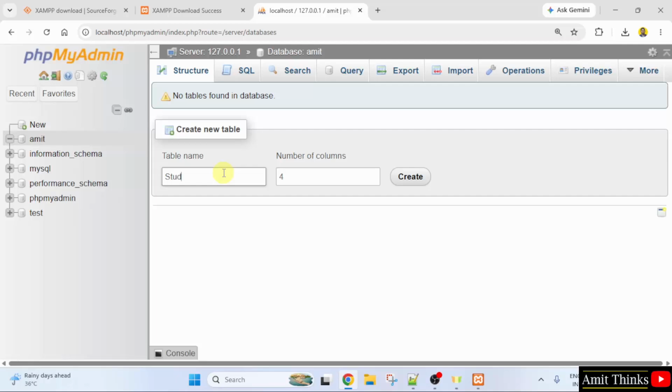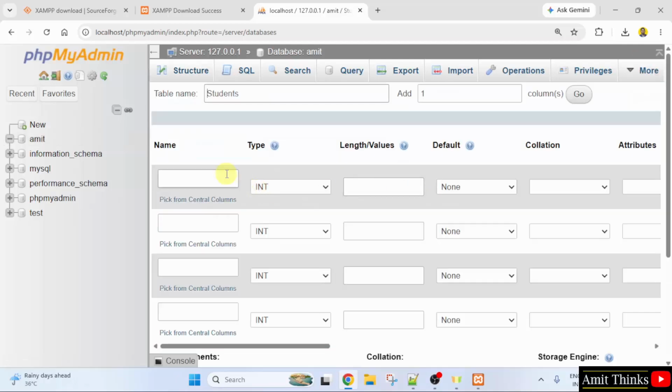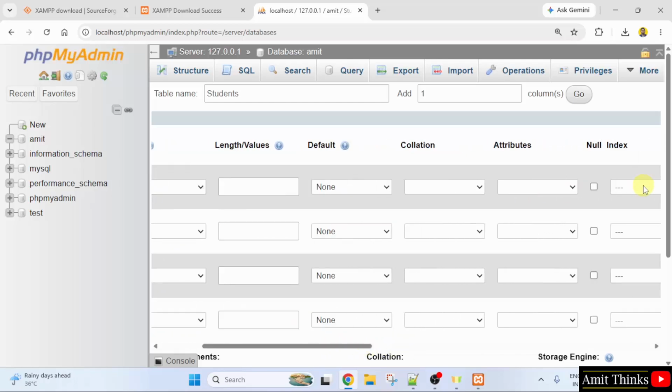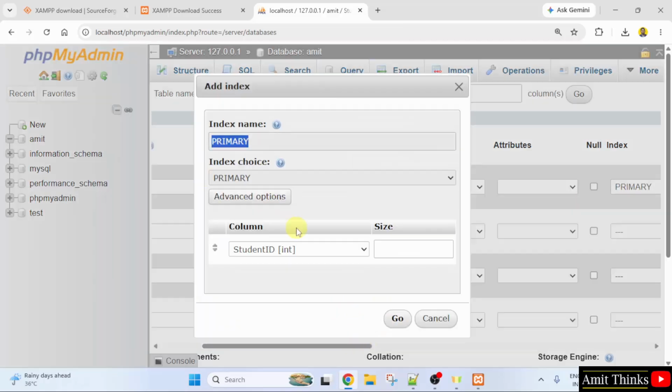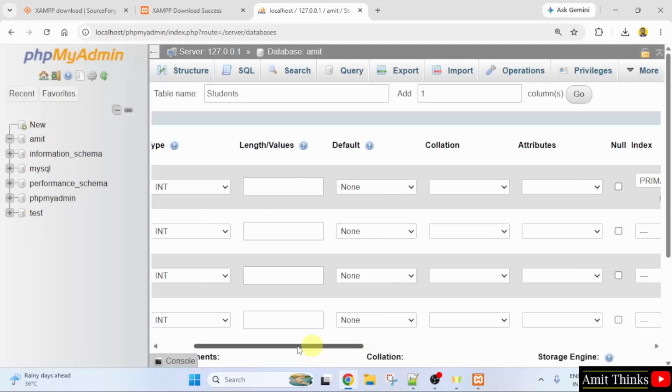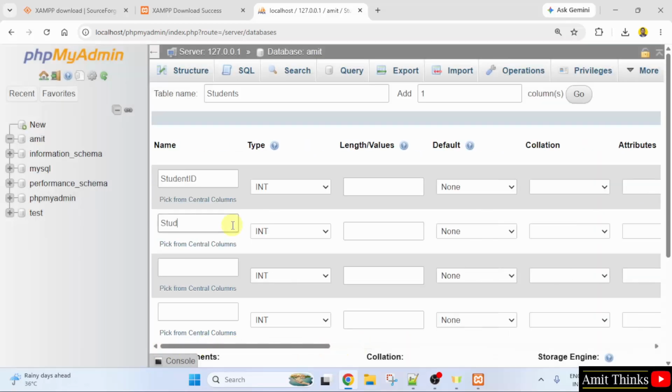Let's say we can add the table name as students. Number of columns, let's say 4. Okay. I have clicked create. Now add the fields. So first would be student ID, and we can set it as int, and okay, click go. Now we can add a student name, which will be text, student